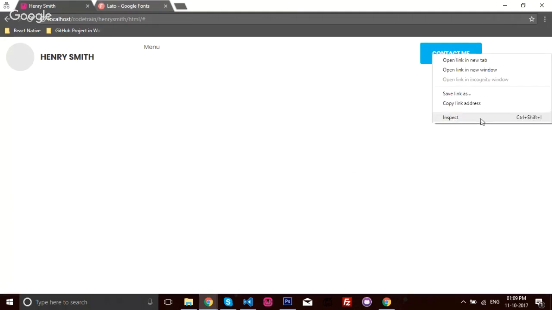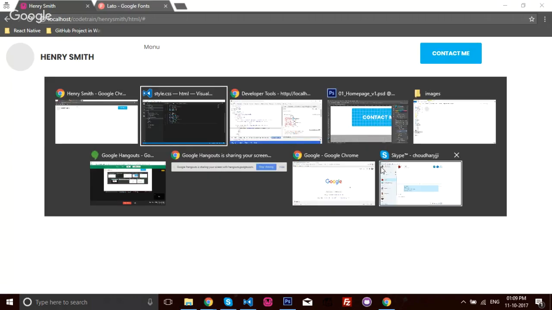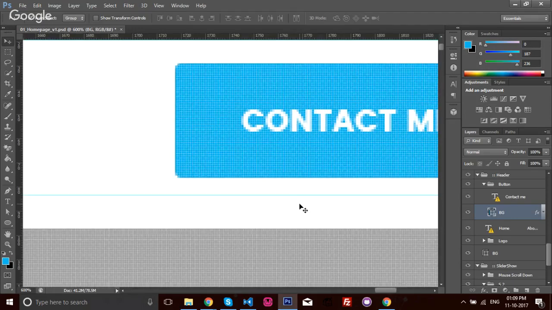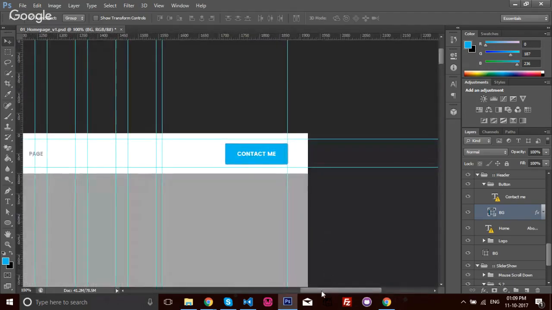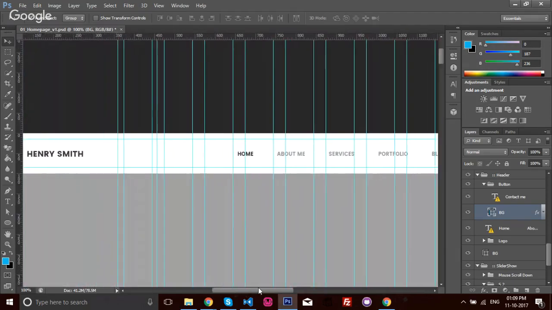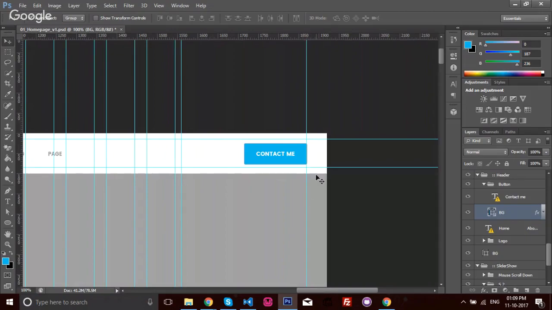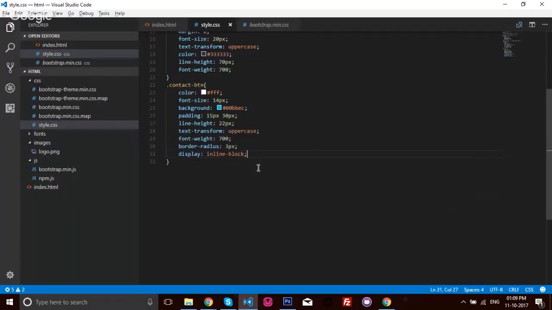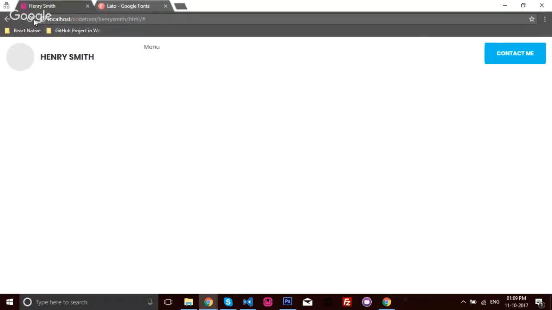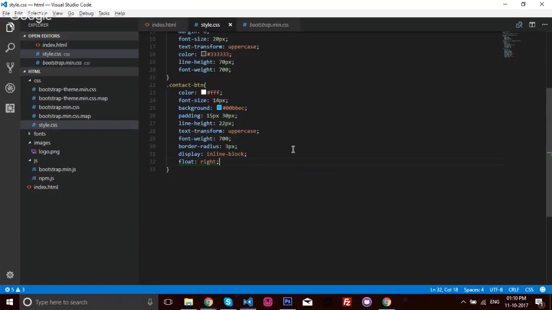And also, this is starting from the left. Okay, so what we are going to do is send this button to the right. Okay, and this button to the right, the logo is at the left. And now